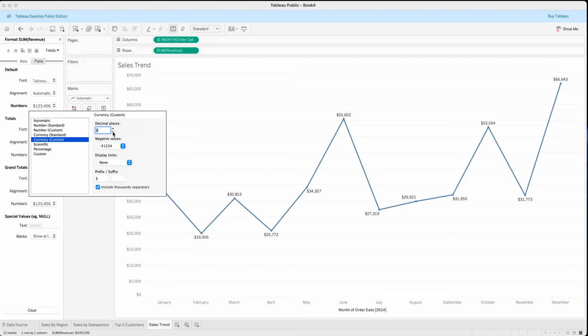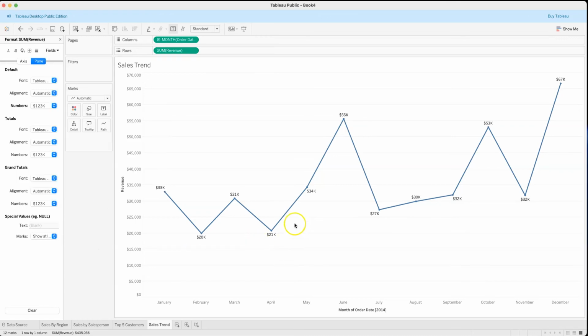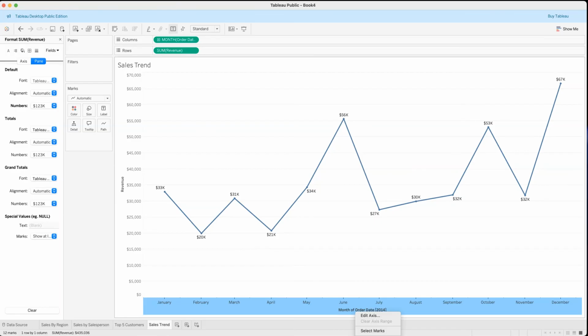Unless there's a reason for comparison, we need to go out 1 or 2 decimal points. And right now, it's got display units none. We're going to click the drop down and use thousands. And it just made this for us, which is what we want. And because we have that listed in thousands, we're going to come down here and get rid of,